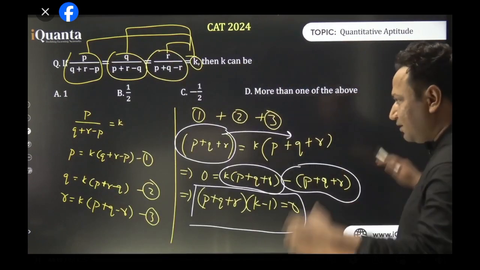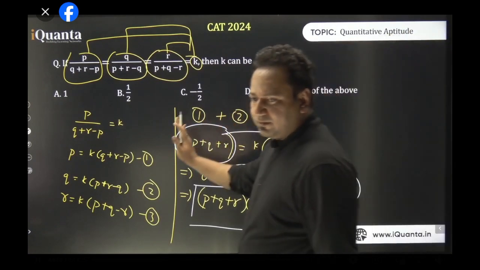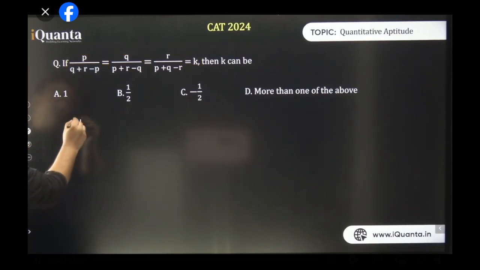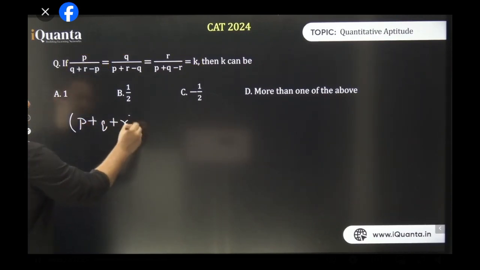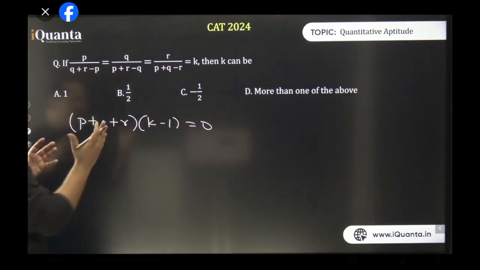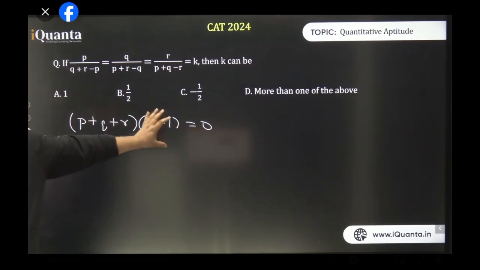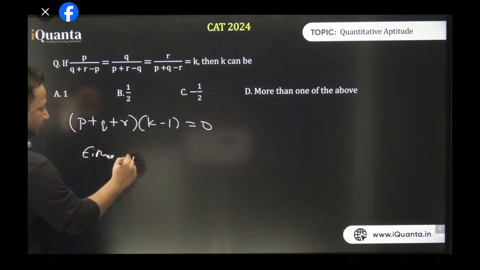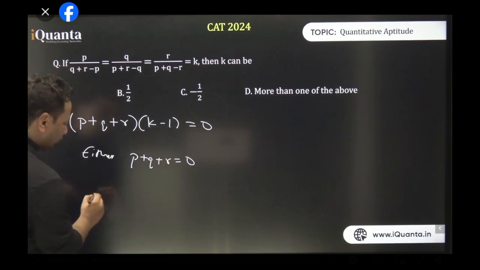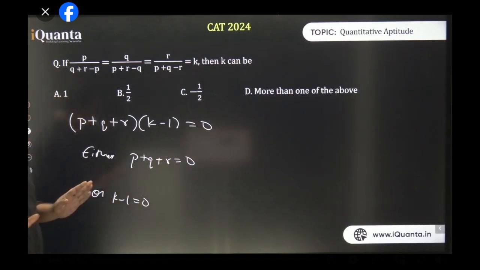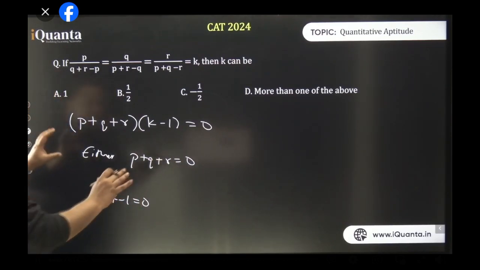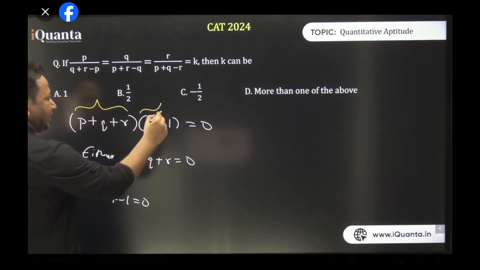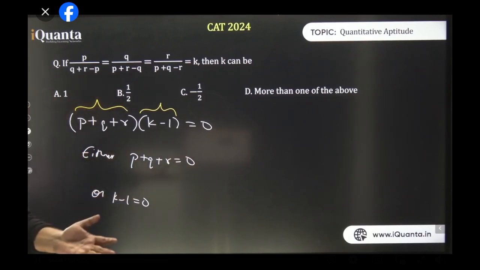Okay. Can I erase this all? I hope you didn't. Yeah, Shubham, that's what I'm waiting for. So the last thing was p plus q plus r times k minus 1 is equal to 0. Now, why will I say either this or 0? I think you know it, no? Everyone, either p plus q plus r equal to 0 or k minus 1 equal to 0. You know this, right? There are two expressions, p plus q plus r and k minus 1, whose product is equal to 0. That means one of them has to be 0.